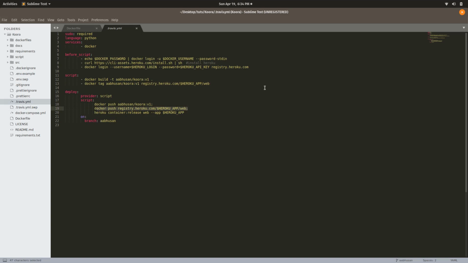And the next command is heroku container:release web --app $HEROKU_APP, which will release the web container to your app, so that it will get deployed in that app. Instead of using the docker command, you can also use this command for deploying the